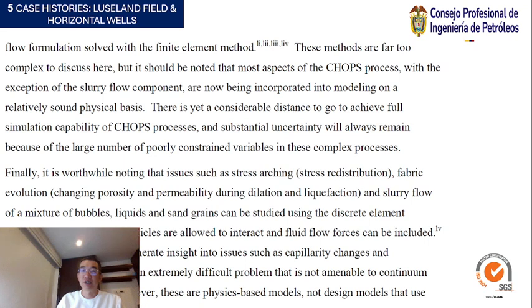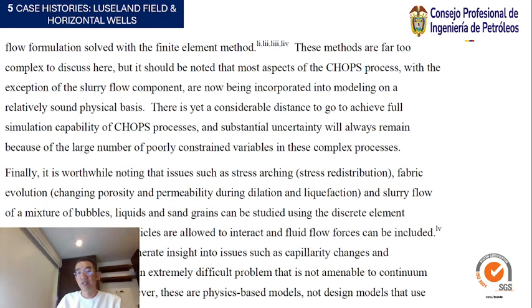And substantial uncertainty will always remain because of the large number of poorly constrained variables in this complex process. Finally, it is worthwhile noting that issues such as stress arching, stress redistribution, fabric involution, changing porosity and permeability during